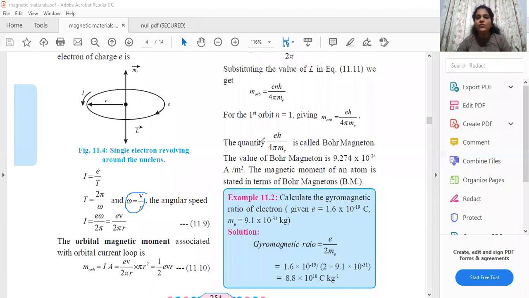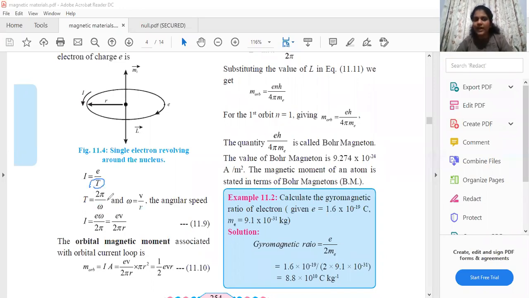Now what we are supposed to do is substitute all these things in this I's formula. So the very first thing we'll do is substitute the value of omega over here as v by r. So this will become 2 pi r by v. Sorry, the r that is in the denominator will go up. And then substitute the value of T over here.